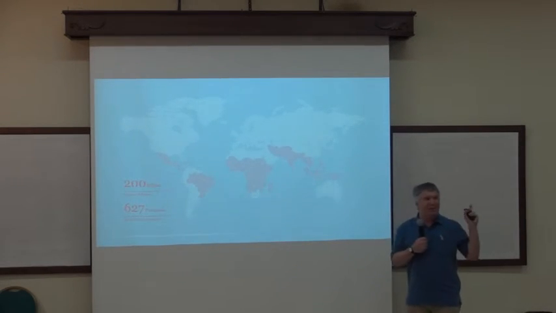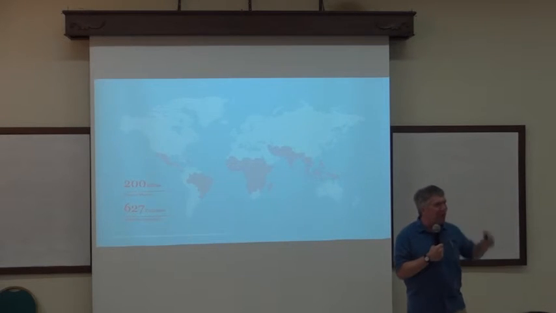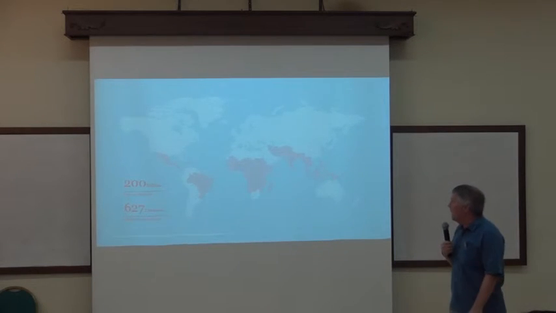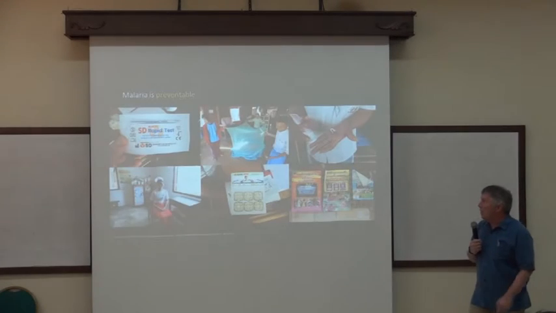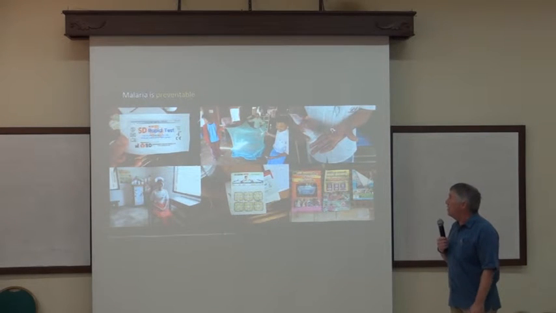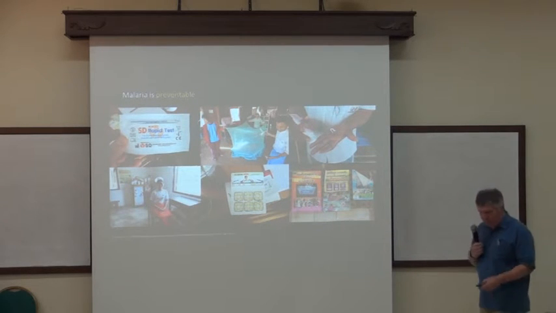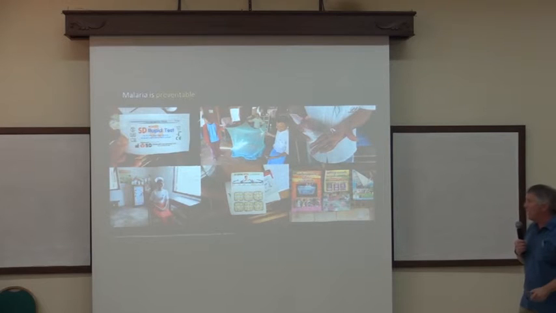But there is Vivax malaria out in different parts of Java, of course. And so there's 200 million cases of malaria a year, 627,000 deaths. And so it's really a serious problem that we're trying to work on in some preventable way. And here you see a series of pictures that show some of the technologies.